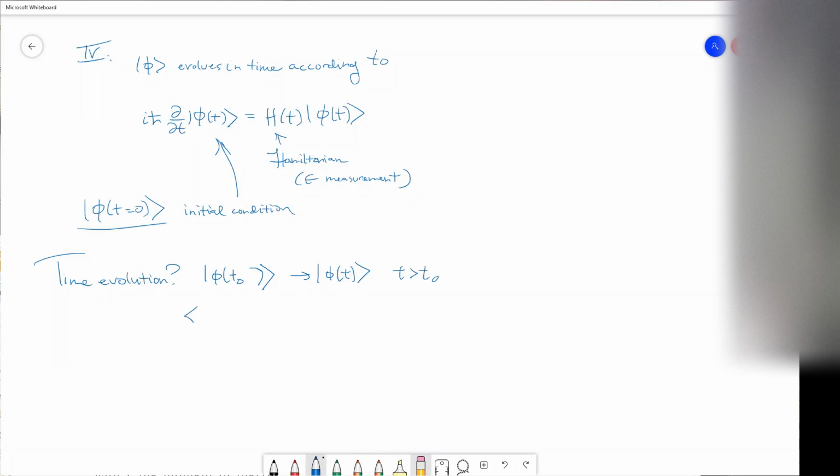Well, we know, first of all, that phi of t naught is equal to 1. And we better hope that once it's evolved, none of our probability has escaped. So you better hope that it evolved to something else whose inner product is also 1. And you would also hope that there would be some kind of operator, right? So this is in your Hilbert space, and you evolve to something in your Hilbert space.